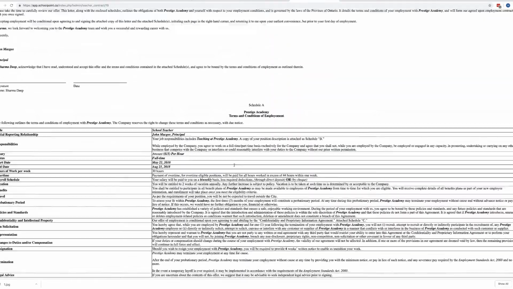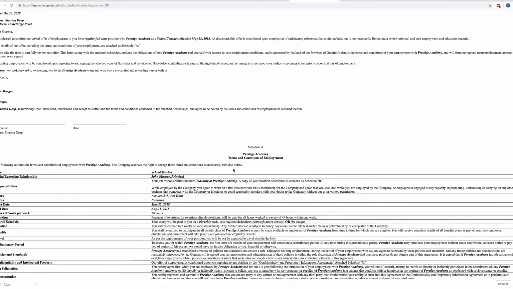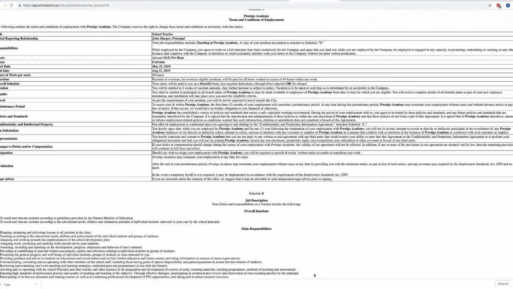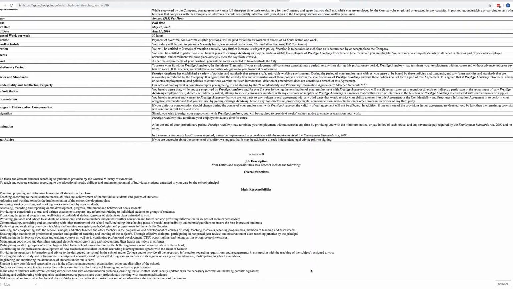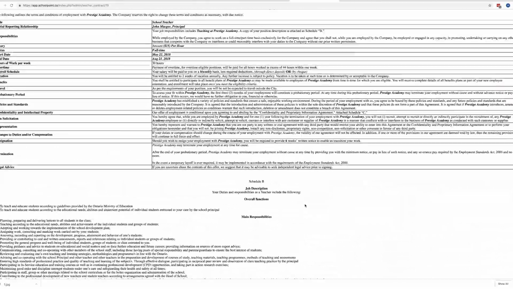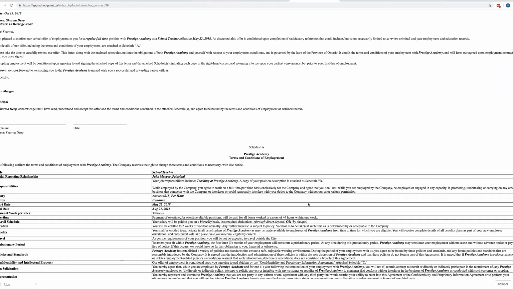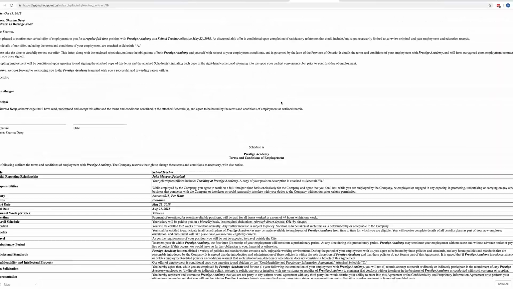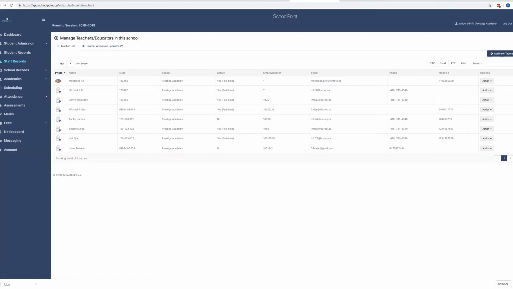So you can see that the contract is right here, and we made sure this is a good contract. If you have your own, we can definitely replace this with your own, and it will be automatically done like that. All right, this is beautiful. The next thing we need to do, and this is also something else that we are going to be working on, is